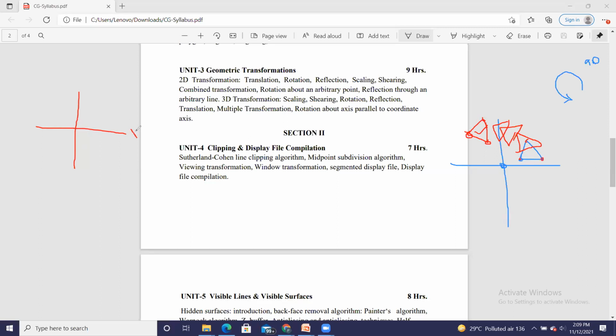The reflection with respect to the x-axis, the reflection with respect to the y-axis, the reflection with respect to y equal to x, and the reflection with respect to y equal to minus x. So this is your y equal to x line, and this is your y equal to minus x line.